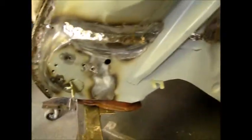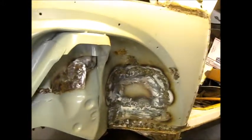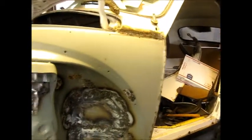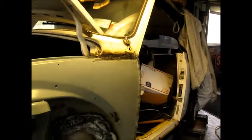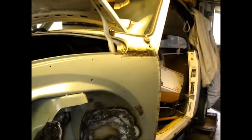The Fender's bolted and welded, and it's bolted to the H-frame down below. It's welded up top, and that's how I located it, by using the H-frame and the back pinch area where the door is. So it looks really good, and I'm going to do a little bit more grinding, and that's really annoying, so I'm not going to record that. And we'll see what that looks like when I get it ground up and finish welded, and it'll get bondoed and body work later. So I'll be back